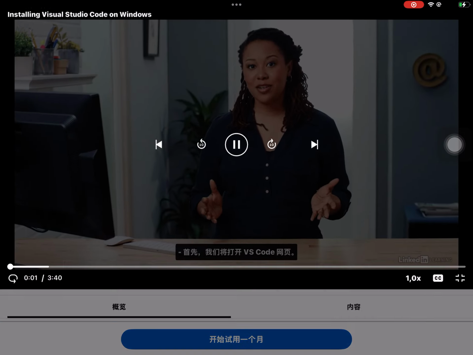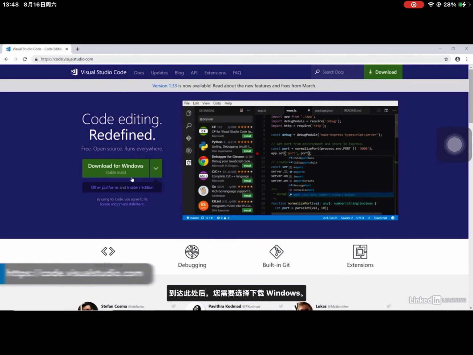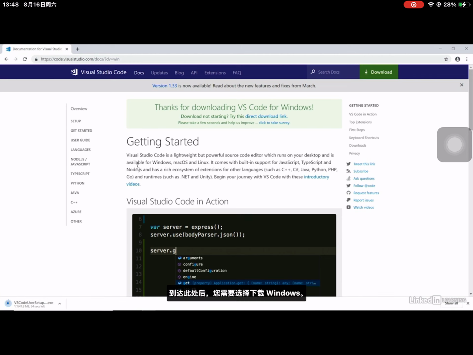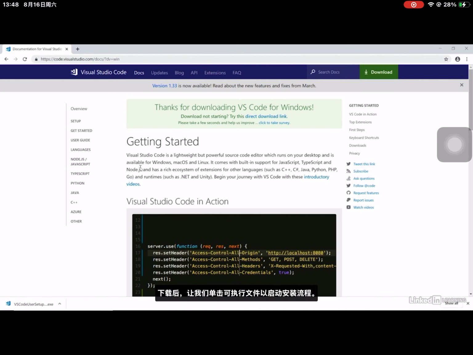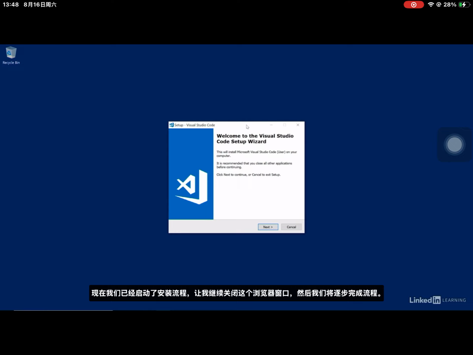To get started, we'll open up the VS Code webpage. Once you're here, you want to choose Download for Windows. Once it's downloaded, let's click on the executable in order to launch the installation flow. Now that we've launched the installation flow, let me go ahead and close this browser window, and then we'll walk